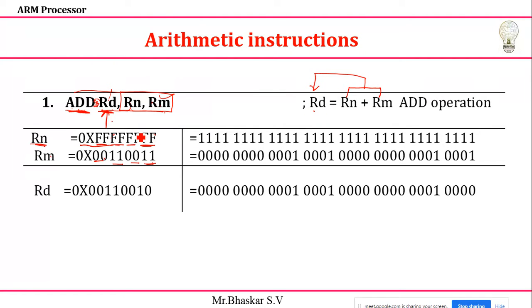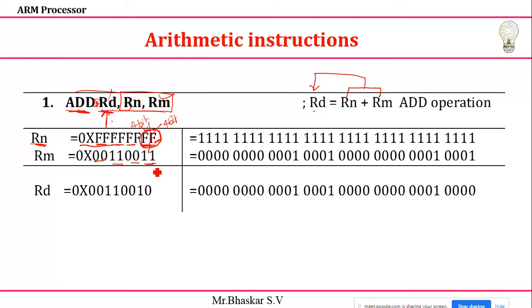How will it work, how to do the addition? If you want to know this, first you split this into binary format. You can see how to split. This is 4 bytes of information. Each byte consists of 2 nibbles. A nibble is 4 bits. This is 4 bits and this is also 4 bits. Now I need to represent this in terms of 4 bits. F, so what is the value of F?